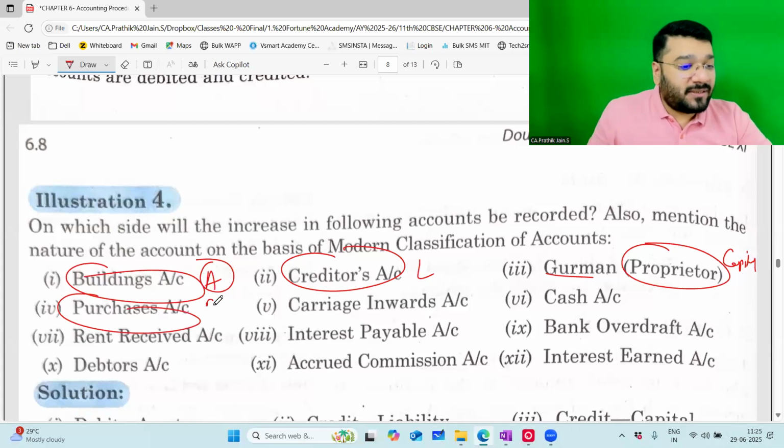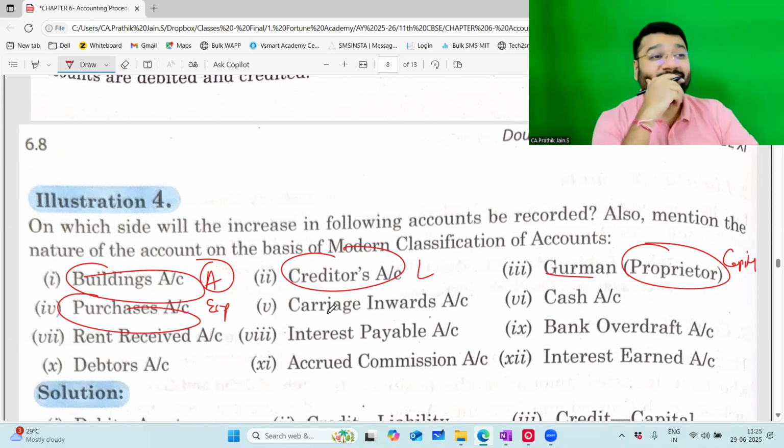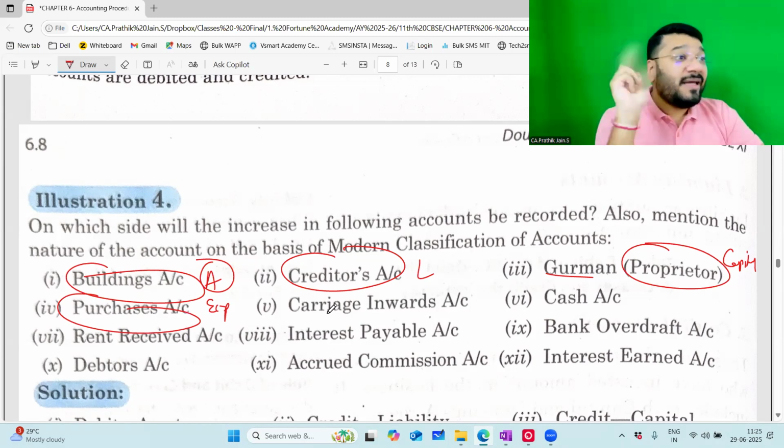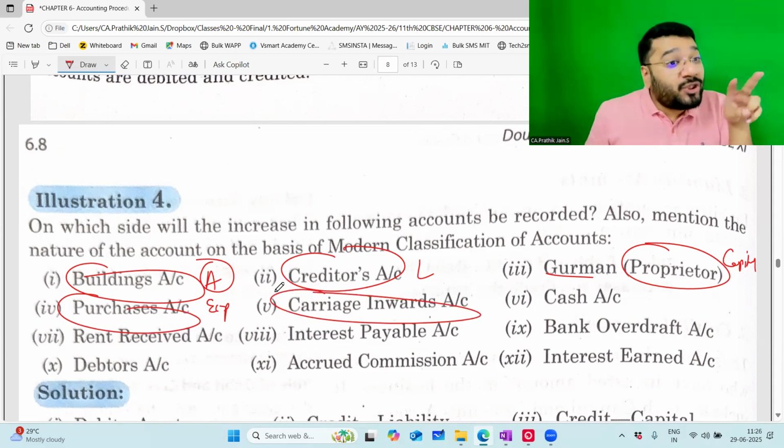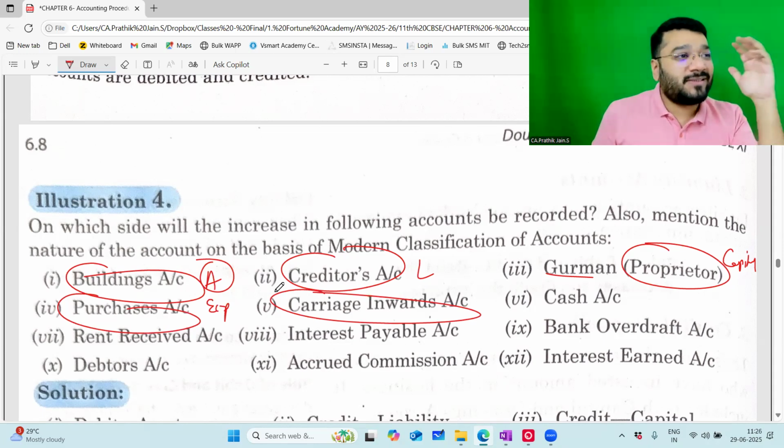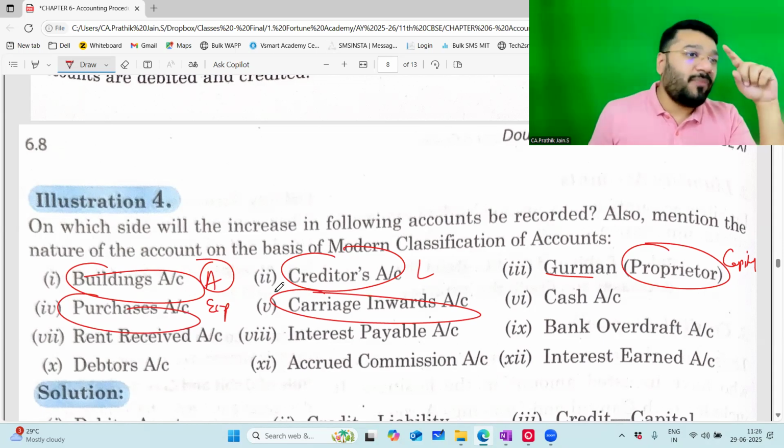Purchases. Expenses. The more purchase we do, more expense. Okay. Carriage inward. Are you sure? Carriage inward it is. What is the meaning of carriage? Transportation charges. So all charges are expenses. Inward means these are the transportation charges which I paid for the goods coming inside. When do the goods come inside? When I purchase it. So carriage inward is transportation charges associated with purchase. Expense. I'm trying to put a seed in mind. This seed should germinate when you come to final accounts, because there the direct connection is there.